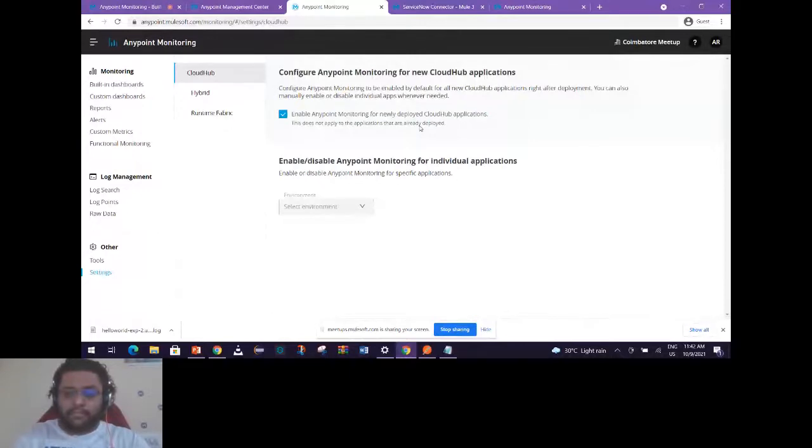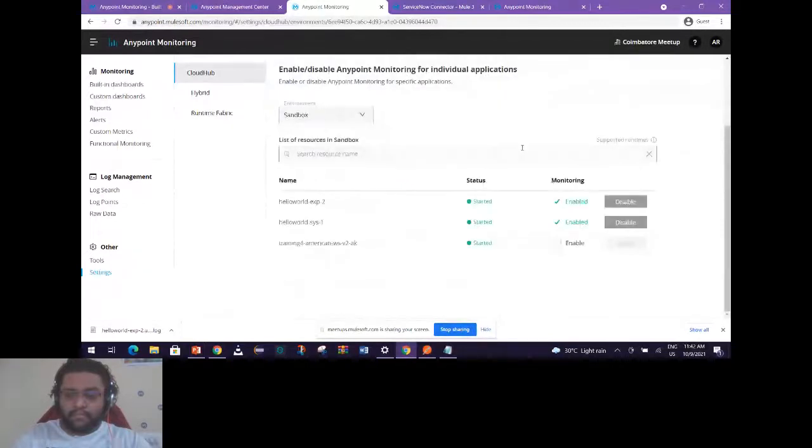This is the first way, but I would recommend you understand the use case or requirement, because like I said, monitoring has a performance cost on your applications. You need to take a trade-off on whether you want monitoring enabled for all applications or only particular ones. If you only want monitoring for some particular applications, then you can go in, enable or disable the monitoring, and do so for any of your new APIs.